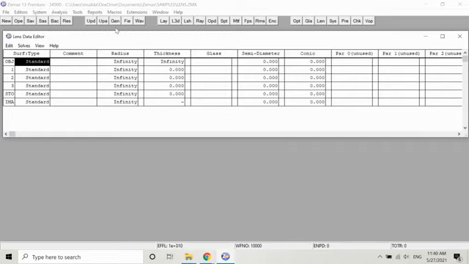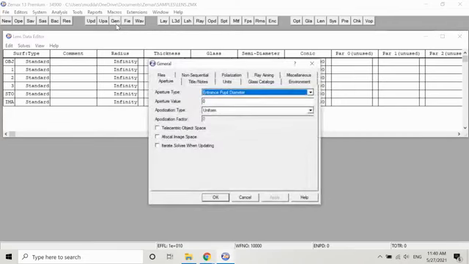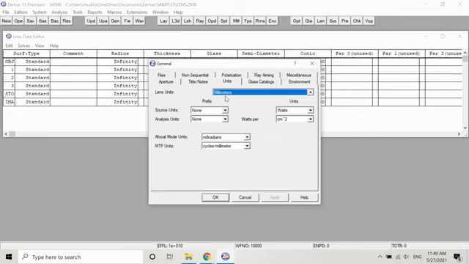Besides that, a number of buttons are available. Here you can see this is the general. In general, the main thing is the component units. You need to define what units you are using in your system, because while defining your system you are just putting in numbers. You need to define the units of all of the component parameters, which can be millimeter, centimeter, inches, meter, whatever you want. So you can choose it from here.